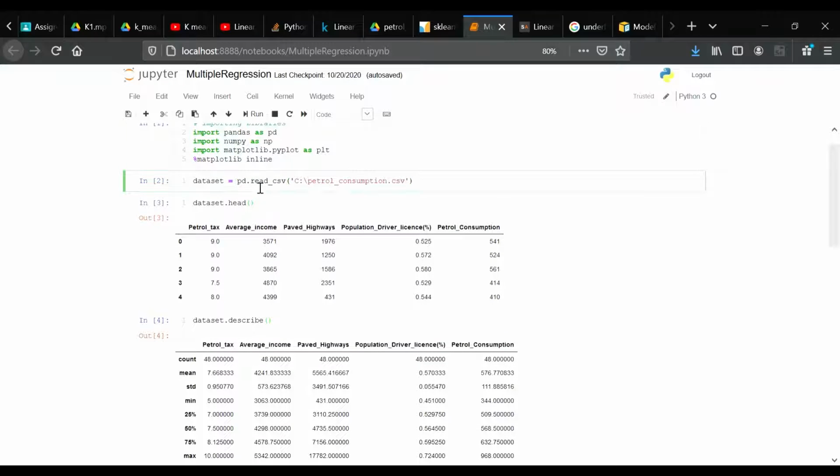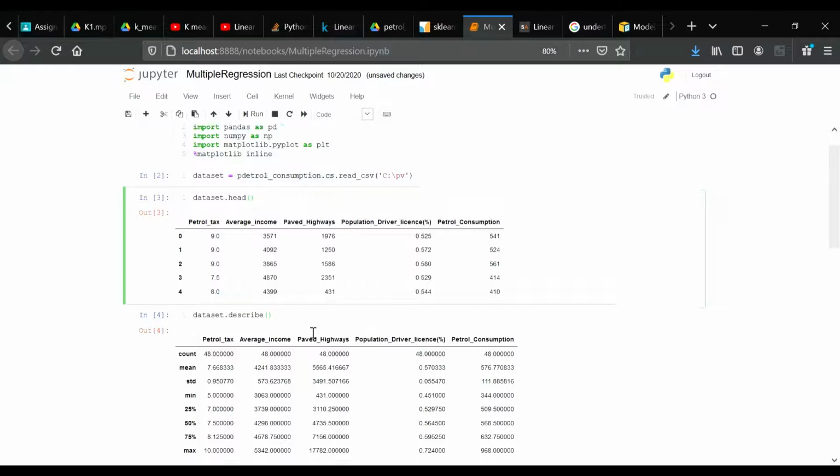So the second step is the dataset. The dataset in this example is available. So here I have imported this particular dataset into the C local directory. The following command imports the dataset from the file which we have downloaded. Then just like last time for simple linear regression, we will go through our dataset, and first we will execute the head command. This gives the first few lines of a dataset. Then to see the statistical details of the dataset, we will go through the describe command.